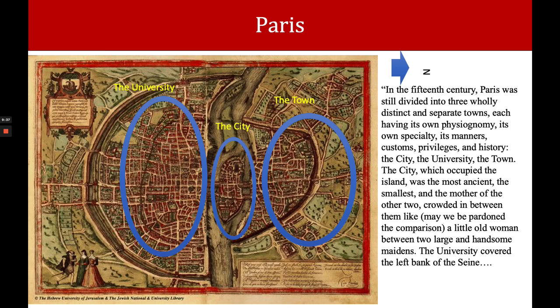So I want to talk about Victor Hugo, who was a writer of Romanticism, and he fell in love with Paris's medieval streets. He immortalized them in his epic work, The Hunchback of Notre Dame. Maybe some of you have read that or at least watched the Disney film.